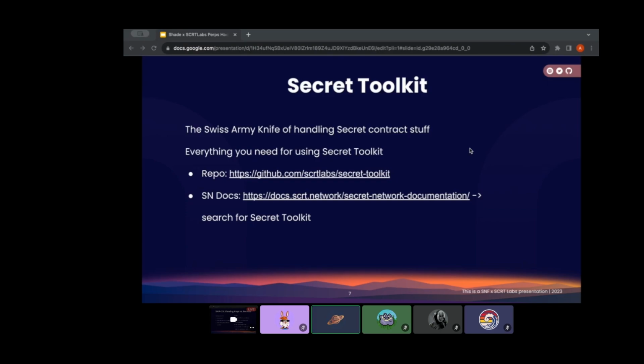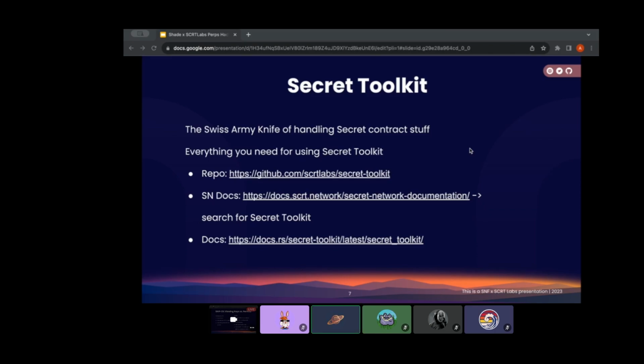P256K1. Like everything basically that you need to do some signature verification and so on. So everything is there and able to be used pretty easily by just using SecretToolkit. So they prepped everything. It's working pretty nicely. And we have some extra docs at docs.rs. Just check it out and see what you can find there as well. But these are quite some nice resources for using SecretToolkit, and this is a pretty good starting point if you